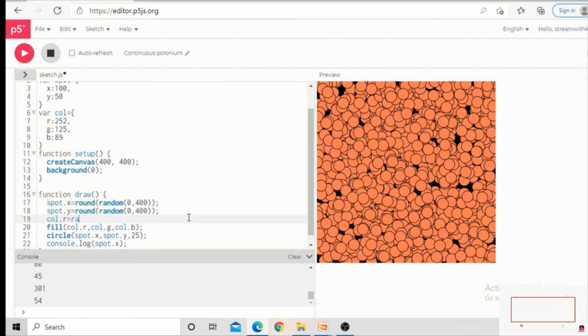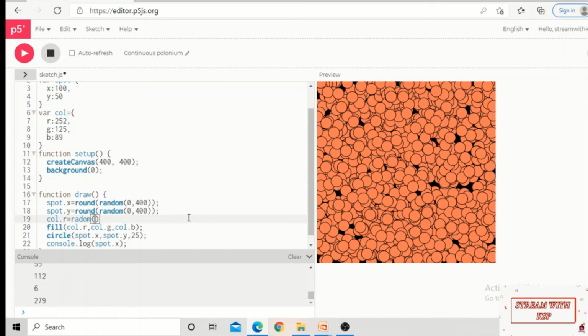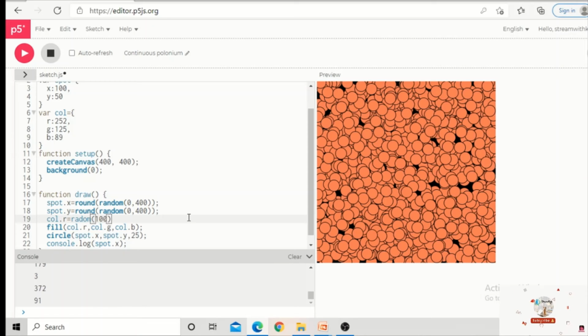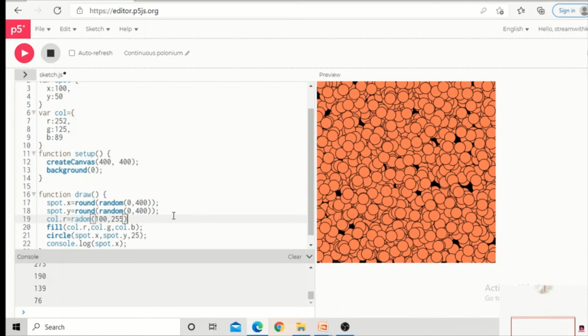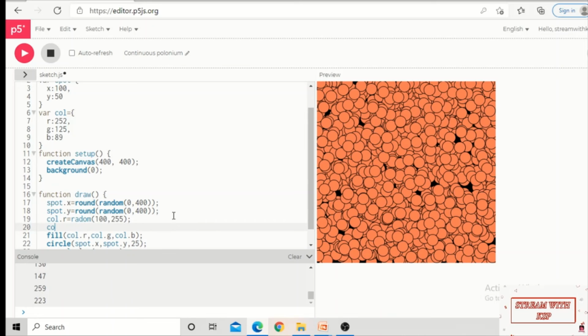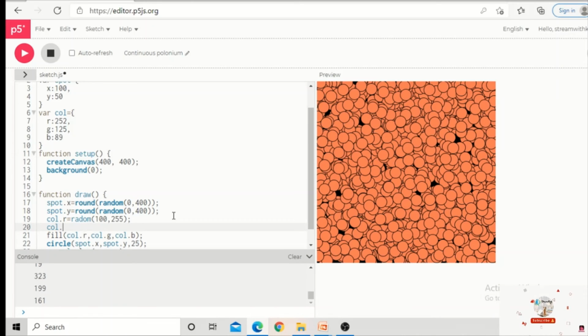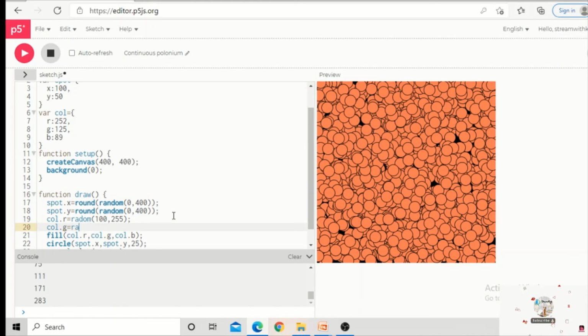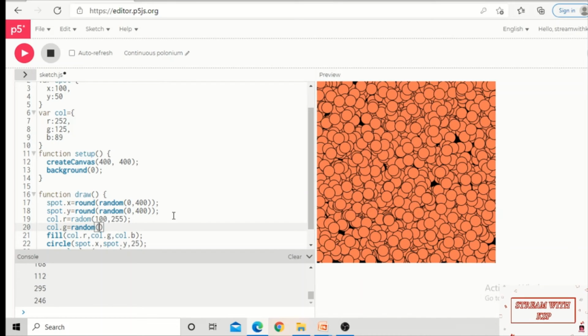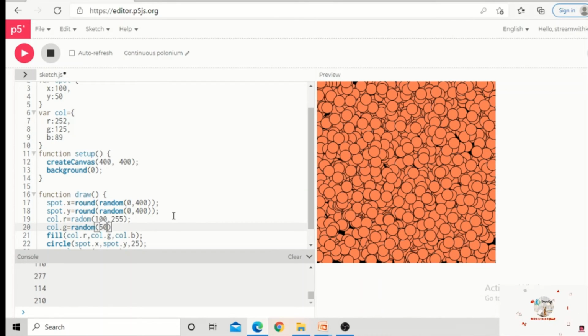Call.r is equal to random of 100, 255, some number from 100 to 255, and for the green color, again here a random number from 50 to 125.